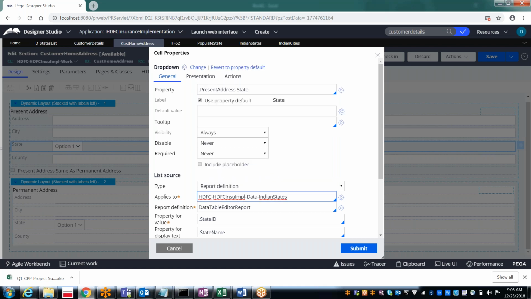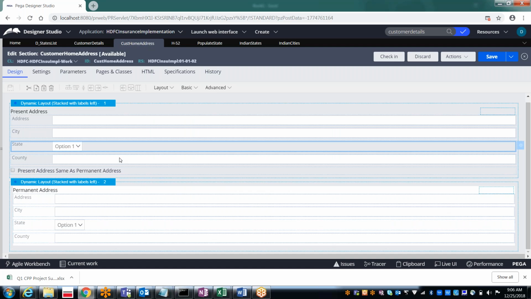India states, we have created a new one, right? India states, and then data table editor report. This is the default one. Do we have the same columns here? State ID, yes. And state name, yes. Submit it. In the same way, we have to do it for the city also.